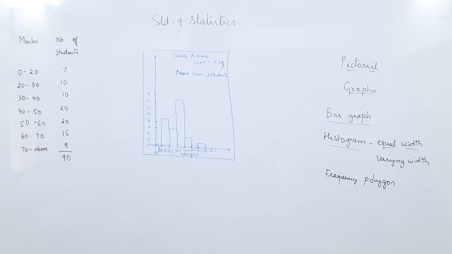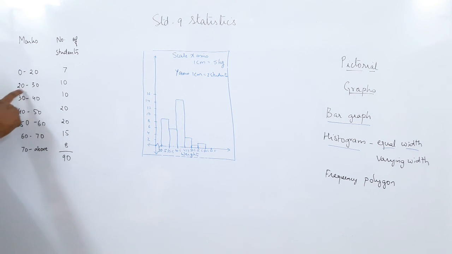Now I put the new sum on the board. A test was taken of 90 students. 90 students gave a mathematics test and the teacher saw that 7 students have got marks less than 20. Understand this sum very well. A class of 90 students gave a mathematics test and the teacher saw the performance of the students. Only 7 students have got marks less than 20 and only 8 students have got marks above 70.